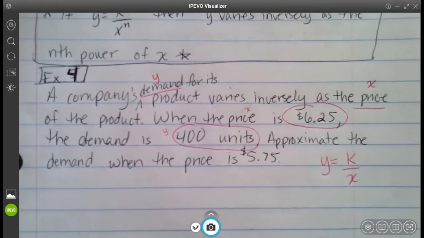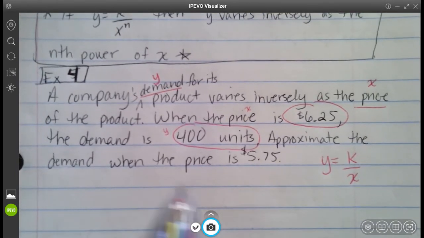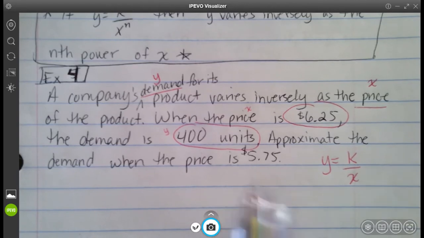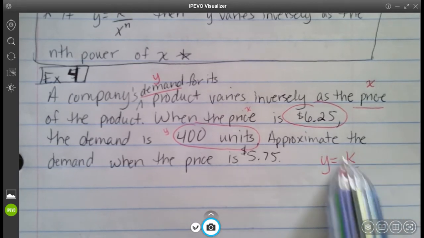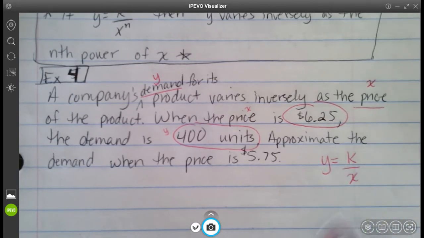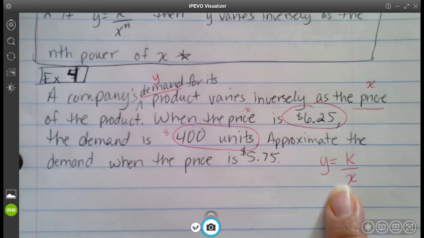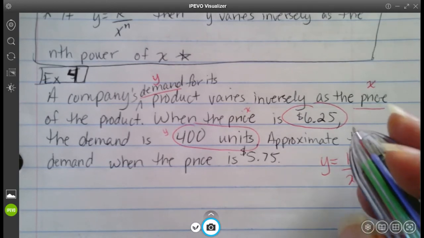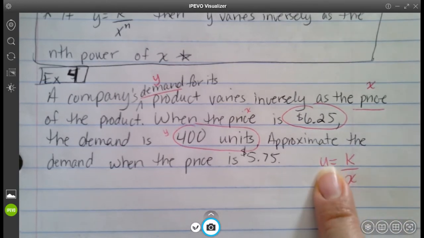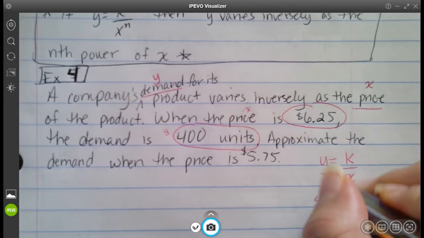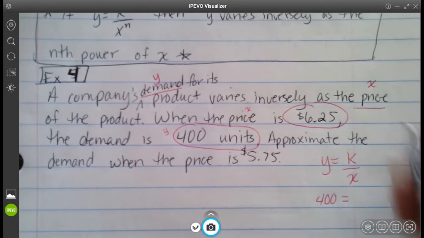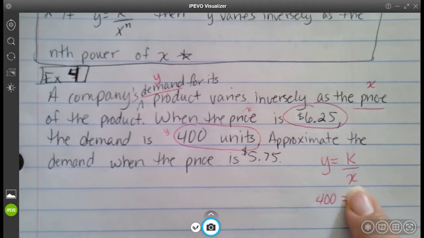And we're going to fill in what we have because we want to find the demand when the price is this much. But to do that, we need to find our constant of variation first, the K value. So we're just going to plug stuff in. And since they're not asking me for an equation, I'm not going to bother with changing the letters. I'm going to leave them like that for this one. That's okay. So for our Y, we have 400, is equal to K over X is